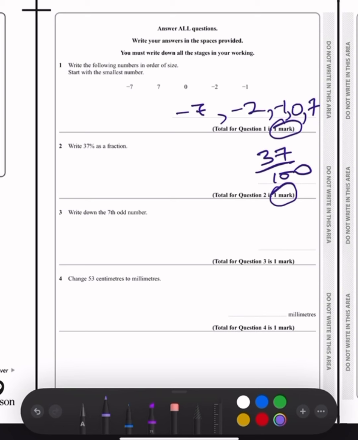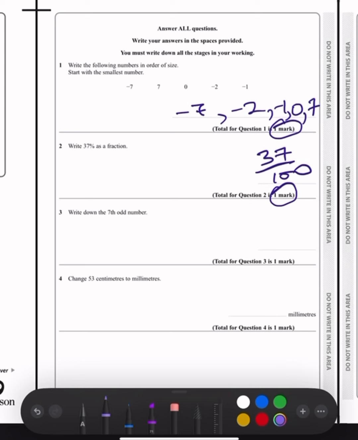So we've got 1 mark here. Now we're going to the third question. Our third question is write down the 7th odd number. Super simple question here. So basically, to find the 7th odd number, we start with writing all the odd numbers from 1. So we write all the odd numbers from, let's say, 1 to 20, because I'm pretty sure I'm going to find my